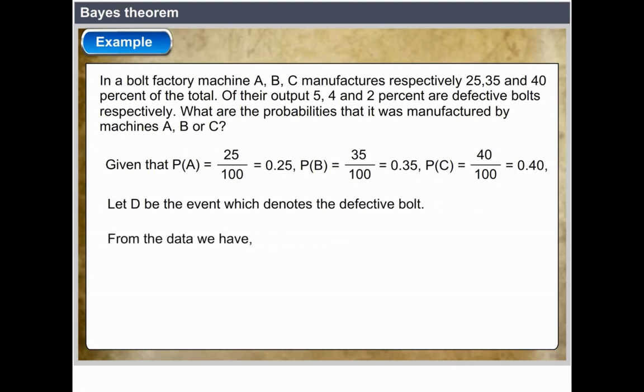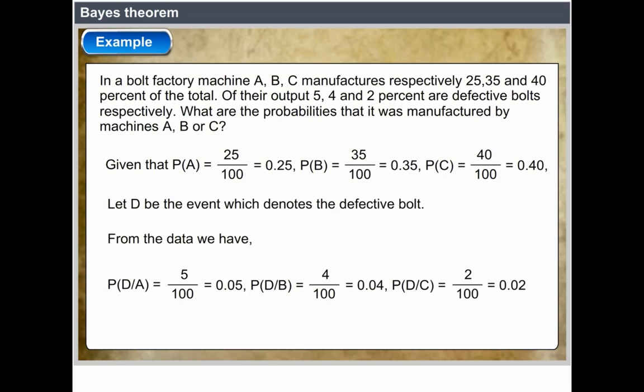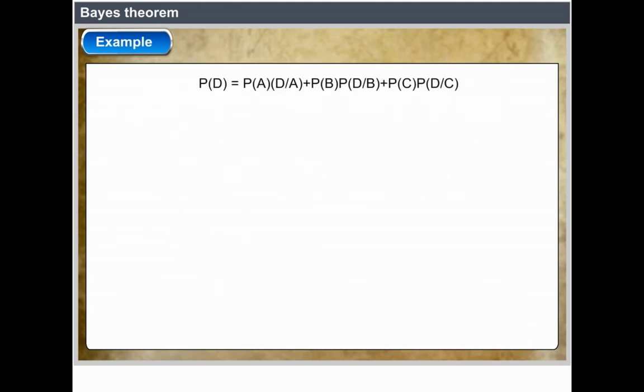From the data we have P of D given A equal to 5 by 100 equal to 0.05, P of D given B equal to 4 by 100 equal to 0.04, P of D given C equal to 2 by 100 equal to 0.02. The probability that the bolt is defective from the product is P of D equal to P of A into P of D given A plus P of B into P of D given B plus P of C into P of D given C equal to 0.25 into 0.05 plus 0.35 into 0.04 plus 0.40 into 0.02 equal to